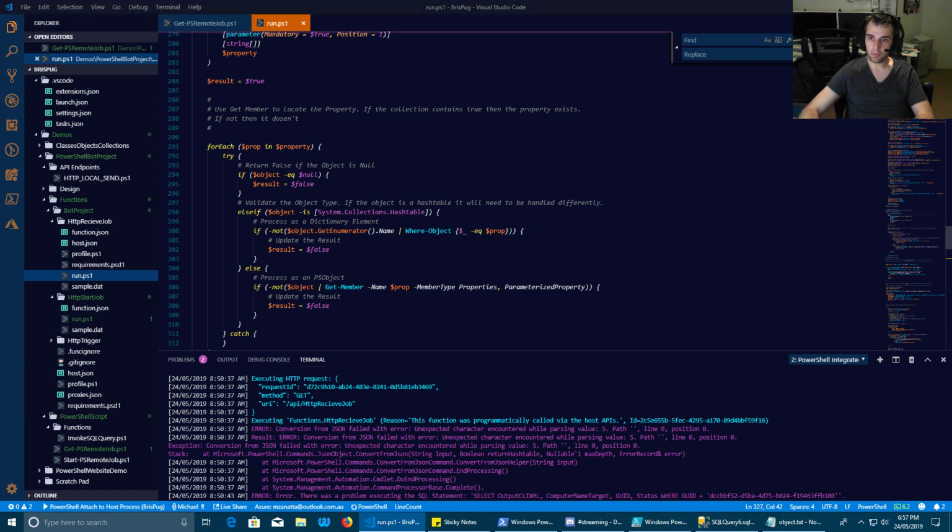So, if we can work through the code, I found a bug in this piece of code, which I haven't seen for a very long time. It's capable of processing hash tables, it's capable of processing PS objects, but it doesn't process dictionaries. Does it get enumerator? Yep. Okay, so what we're going to do, if object, else if object is that,